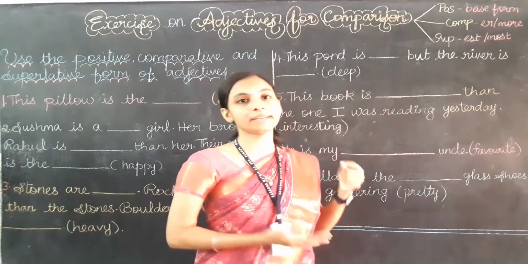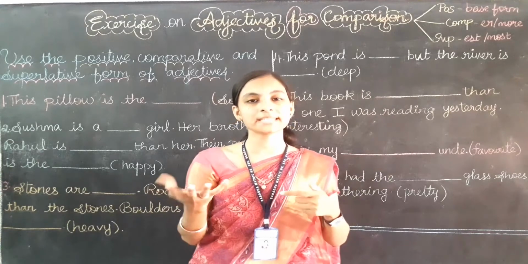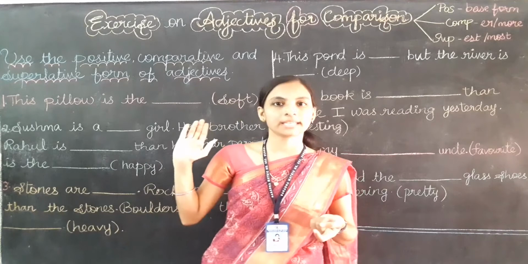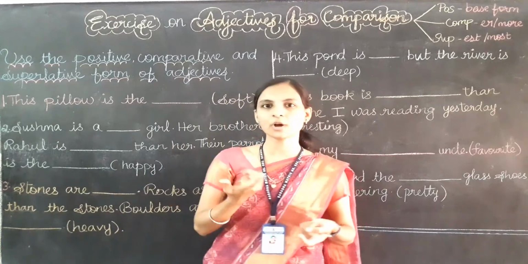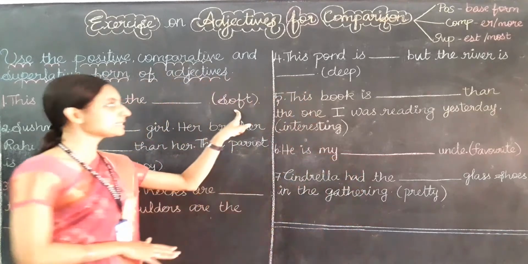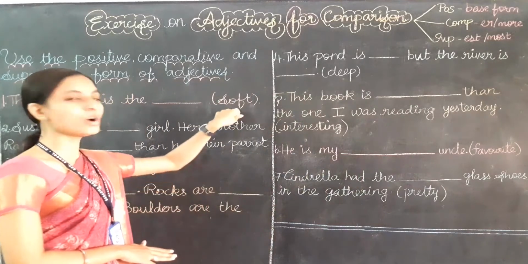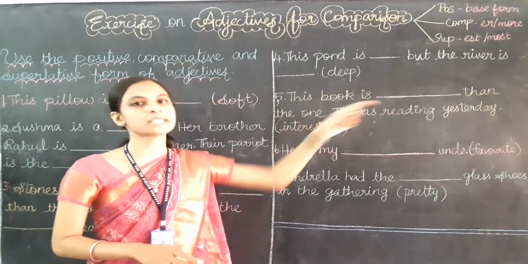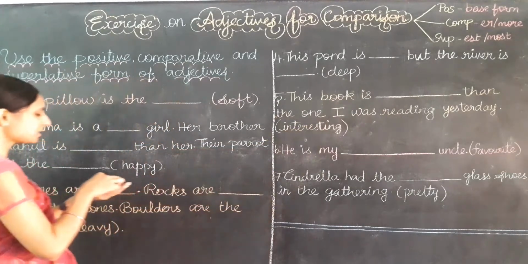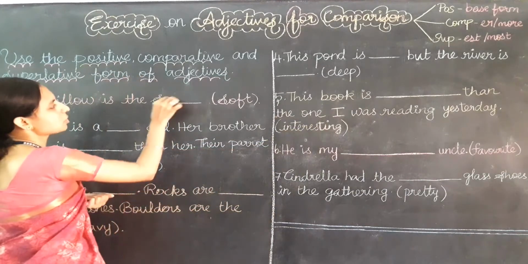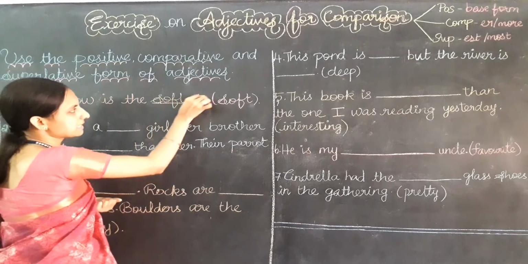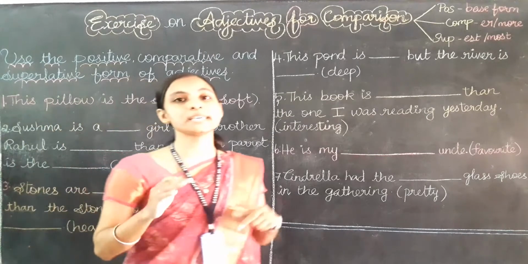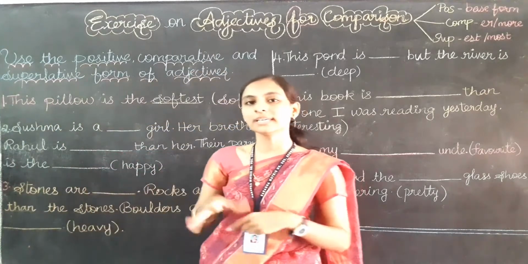Yes, superlative only. When we are talking about the worst or best in a group, that means we need to use superlative degree only. Okay, so here the word is small only, right? The adjective will be small, that is soft. So if the word is small, which word we need to add to the adjective? Est or most? Yes, est only when it is small. So then softest, est I have added. Softest is the correct answer. So this pillow is the softest among all the pillows.